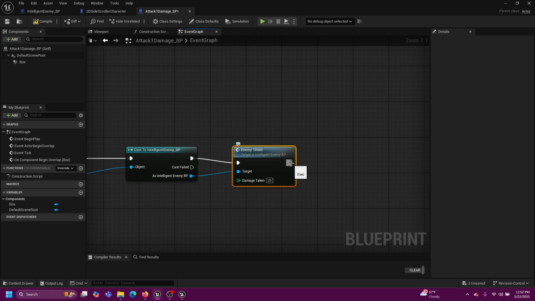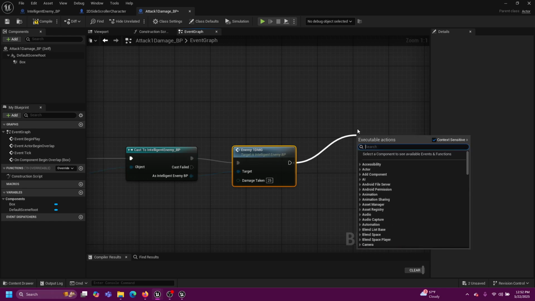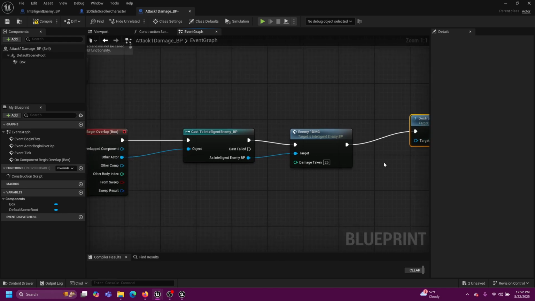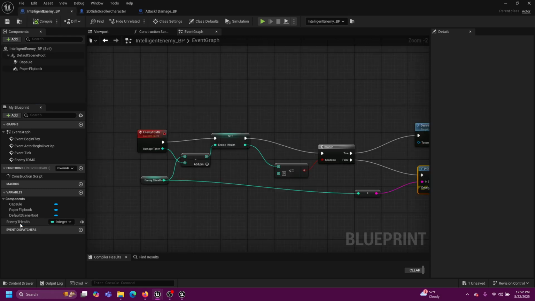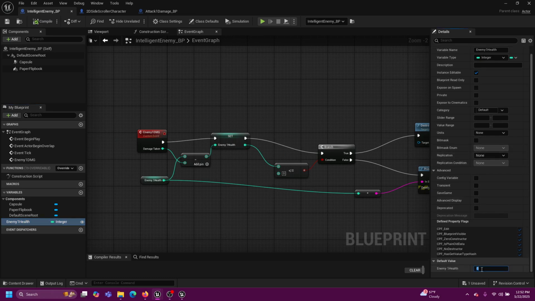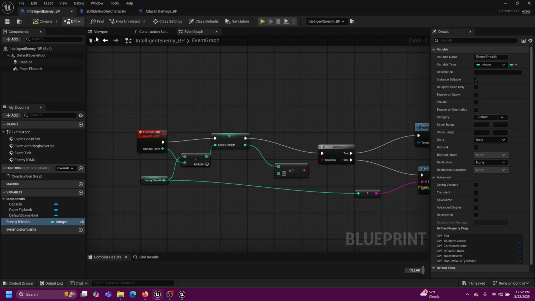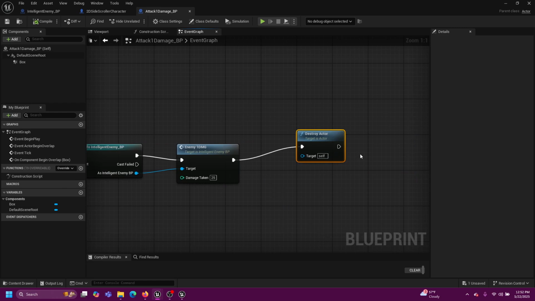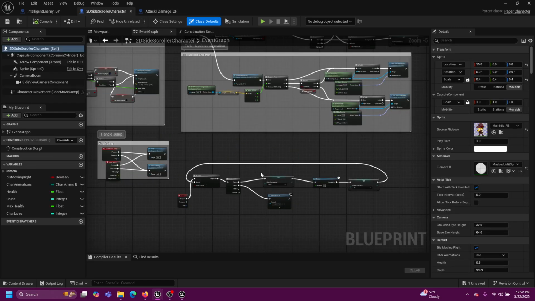And then we are going to destroy actor. That actor would be self. It's our box. Compile, save. And in theory, that should work. And enemy 1 health, that needs to be 100, because this enemy has 100 health. Compile, save. So then we attack for 25. We're destroying the actor. Now we need to